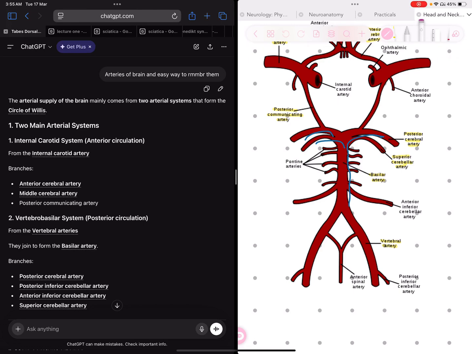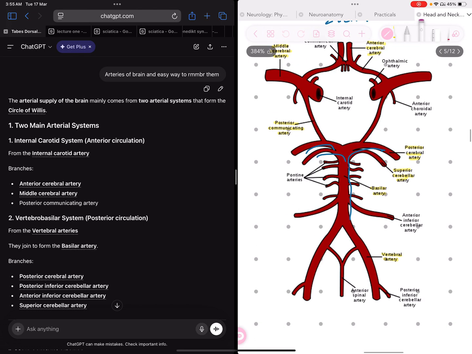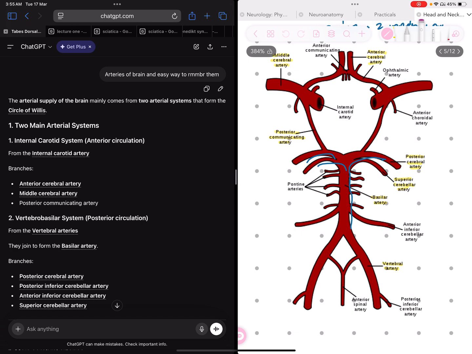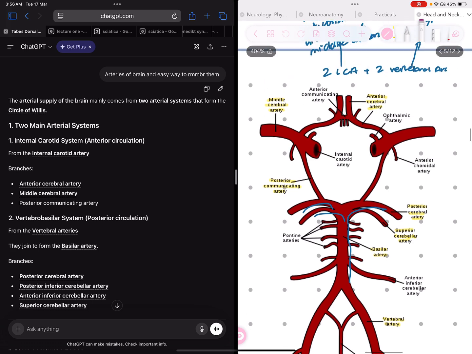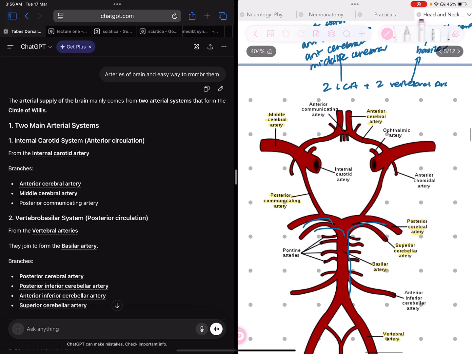When you're talking about the arteries of the brain, first of all, you need to understand that the arterial supply of the brain comes from two arterial systems, right? And these two arterial systems basically form a circle of Willis. Now, when you talk about the two main arterial systems that supply the brain,